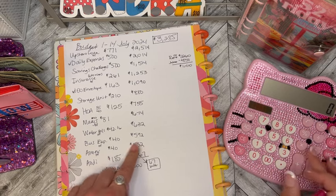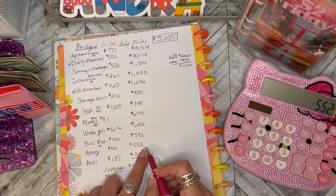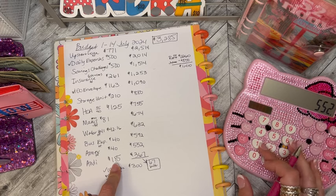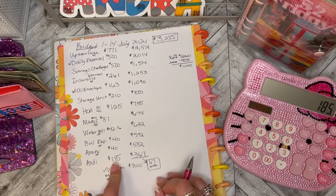Oops, I don't know what I just did. 592 minus 40 equals 552. Then the balance of the Audi payment is $185. You haven't really seen me show this before, the balance of the Audi payment,